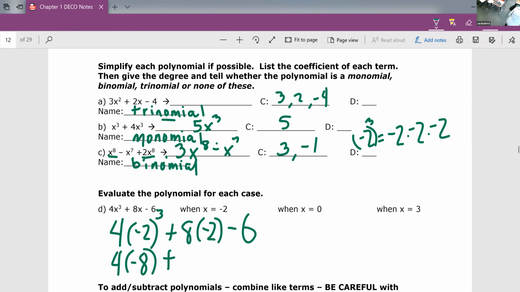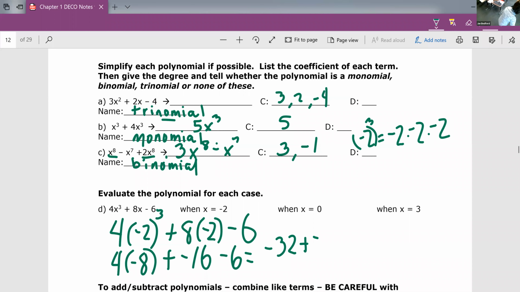And is it positive or negative? Because my signs are different. A positive times a negative gives me a negative. So -16, and then I have a -6. So let's finish this thing off. I still need to multiply 4 times -8. What's that? So I have a -32